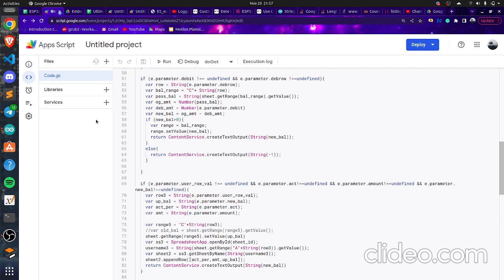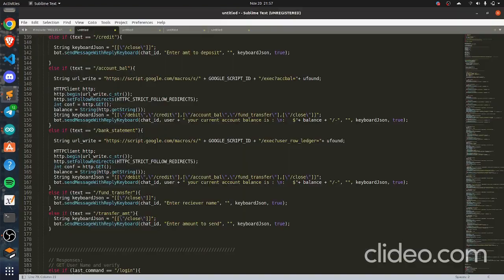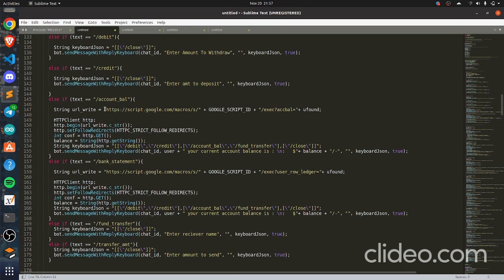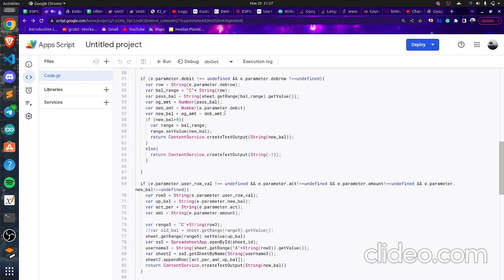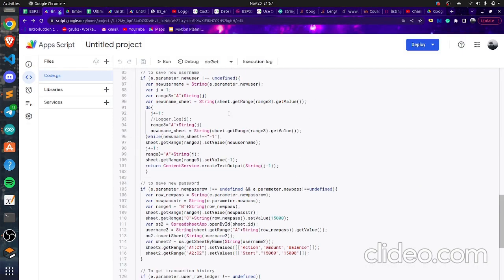Whenever we enter a command in the Telegram bot, the function here sends a URL request to the Google script, which in turn fetches the data that was requested from the URL. We have written various functions here.